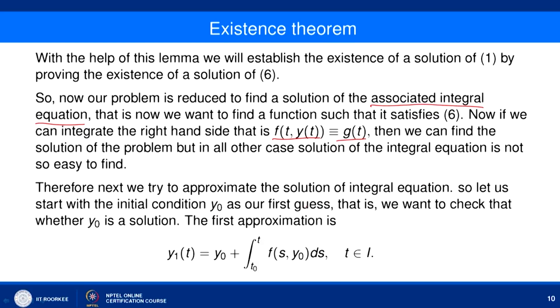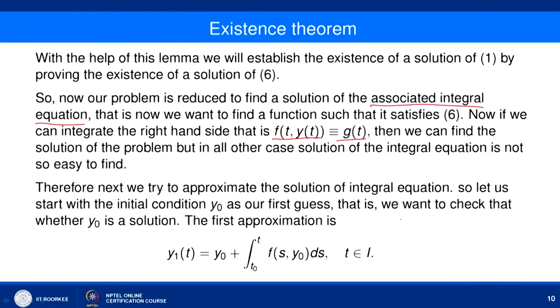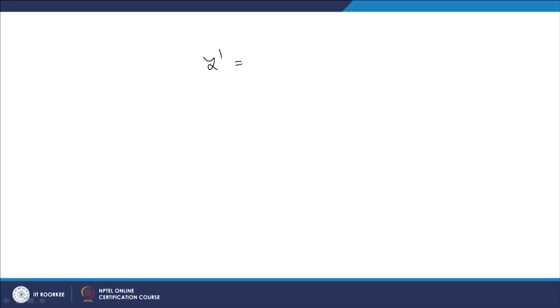Once we want to find the approximate solution, the first guess is y(t naught) equal to y naught, because we already know that at the point t equal to t naught it satisfies the initial value problem. So, our first approximation is y(t) equals y naught. If you look at our problem here, we have y dash equal to f(t, y(t)), with y(t naught) equal to y naught. So, we have seen that it is equivalent to the following